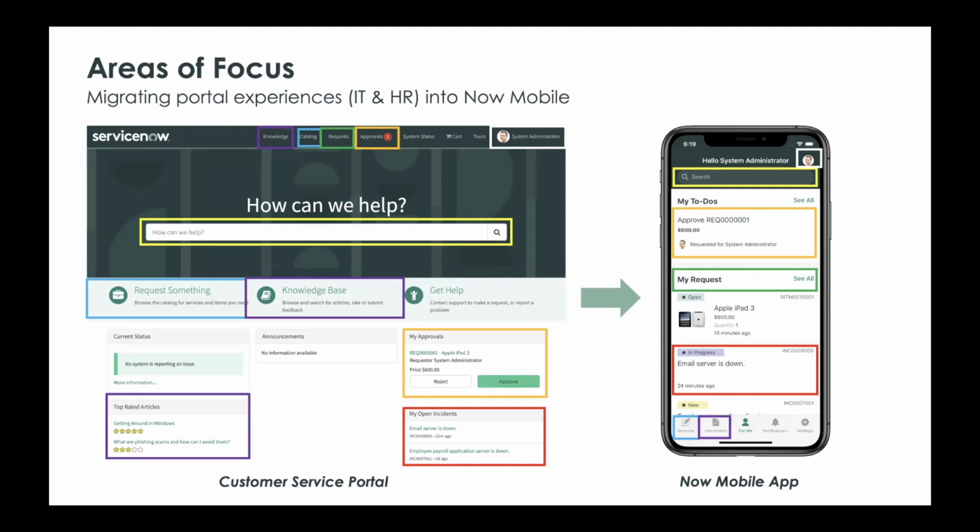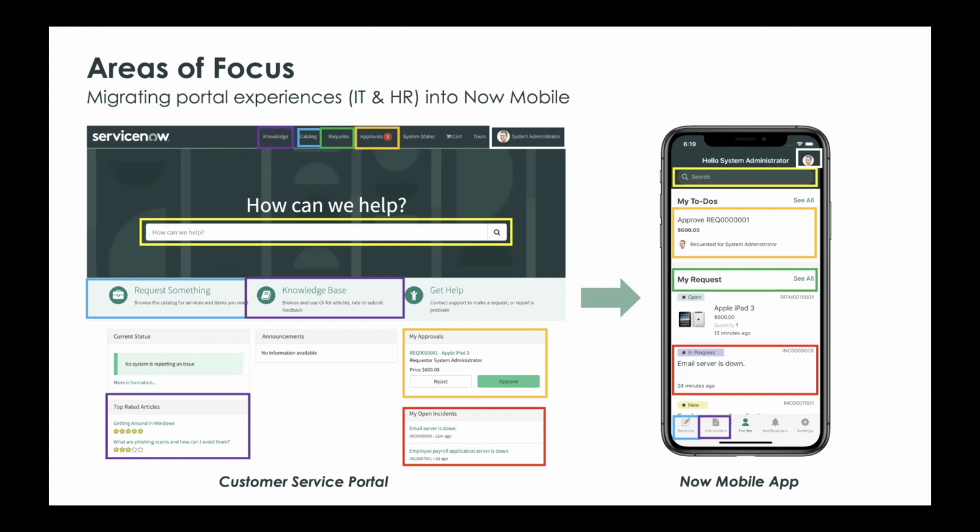Whether it's for IT or HR, the most important things are typically the same things or very similar. Employees just want to get help. They want to have access to their knowledge bases, have access to their catalog items and approvals. And it should be consistent for both IT and HR. You shouldn't have to be building a bunch of different tabs just for different departments. But really, it's trying to find those commonalities of major use cases that all your groups need and to prioritize